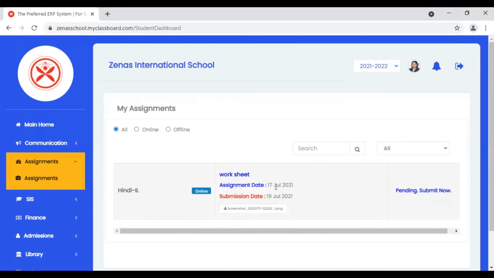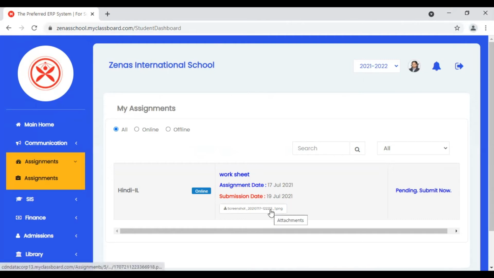The assignment date and the submission date are given, and please remember you have to submit your assignment before the submission date. If the submission date is expired, you cannot submit your paper. For exams, the teacher may give the same assignment date and submission date, so check that you submit within the submission date. Once expired, you will not be able to submit.